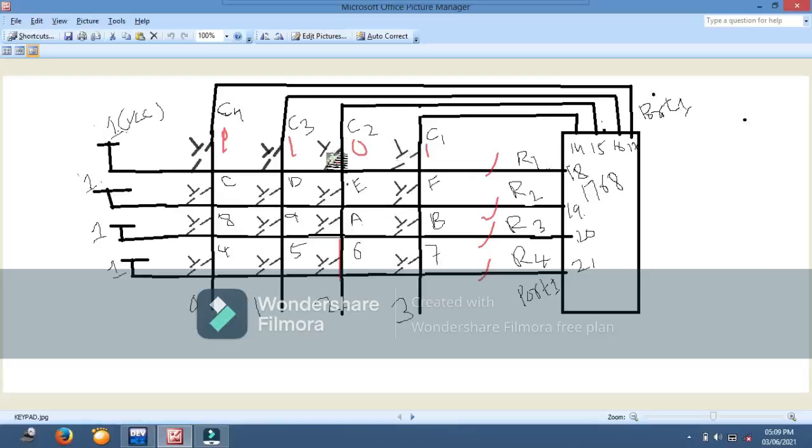Similarly, if no key is pressed here also, then you go to scan the next column, where you make C1 0 and all other columns 1. Then you find which row is 0. Suppose this row is 0, in the sense this key is pressed, because both get connected and 0 is passed here. When this key is pressed, this 0 will pass to R2.